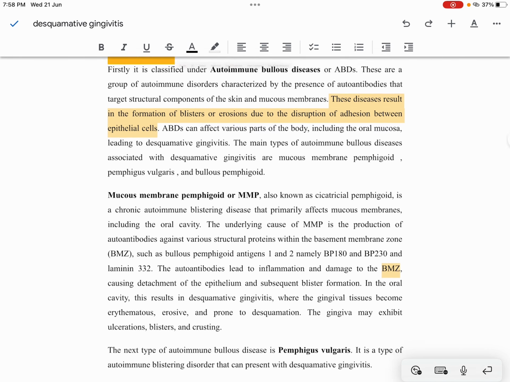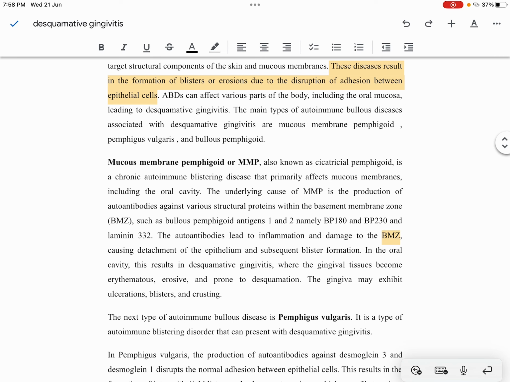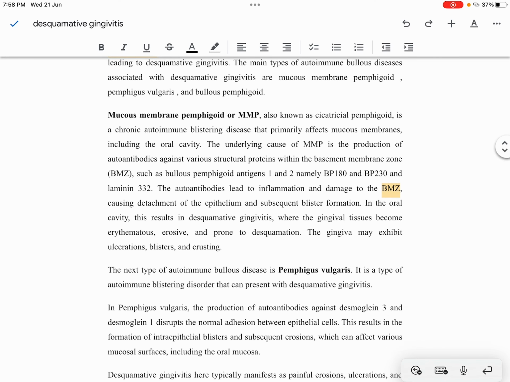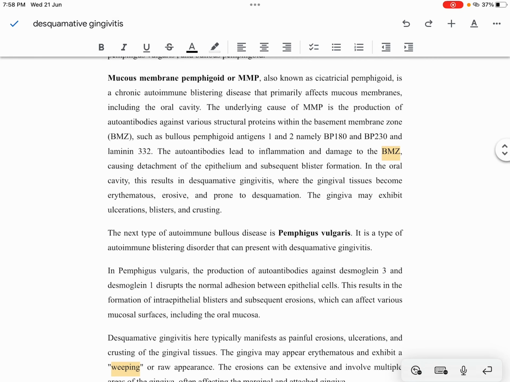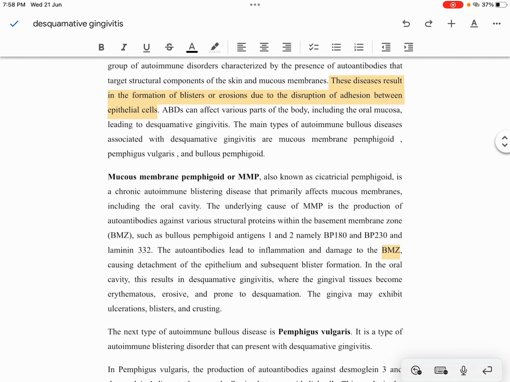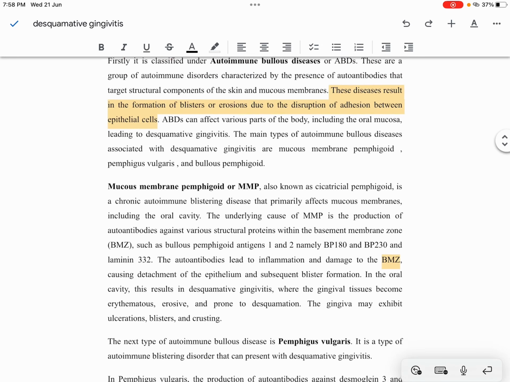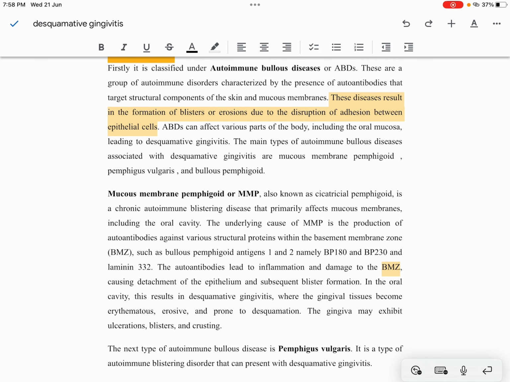And even while explaining the conditions, we would like you to only explain the clinical features that will help us to differentiate between them, rather than explaining a lot about the antibodies and all that. So we would want you to make all of them concise. You could have explained only 2-3 lines, mainly focusing on the clinical features of each.